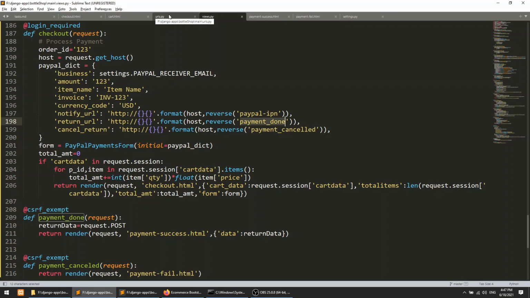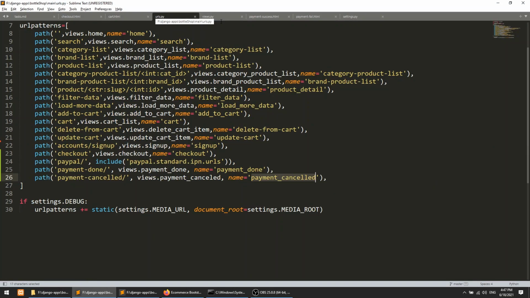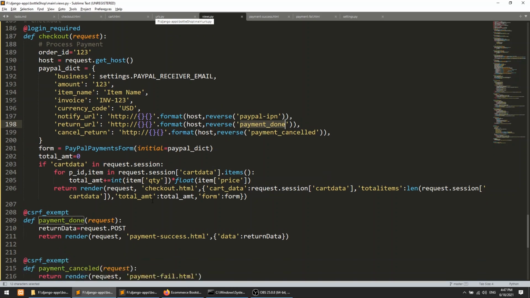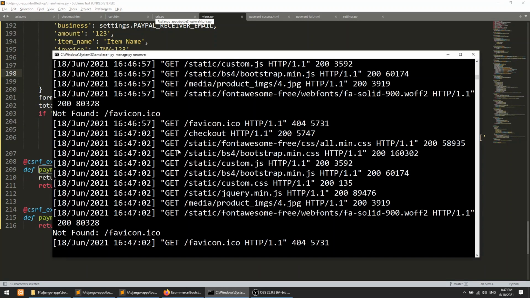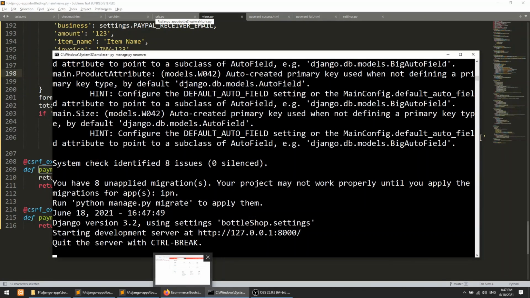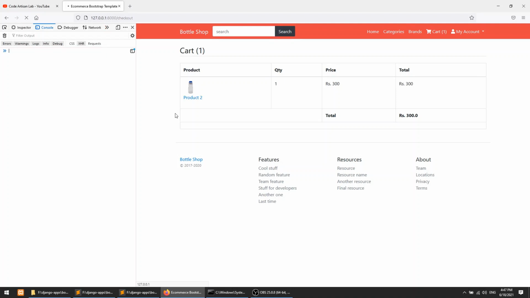Okay, we have a host, we have everything, so why is it not showing the form? Okay, let's restart the server. Refresh the page and here it is saying something.